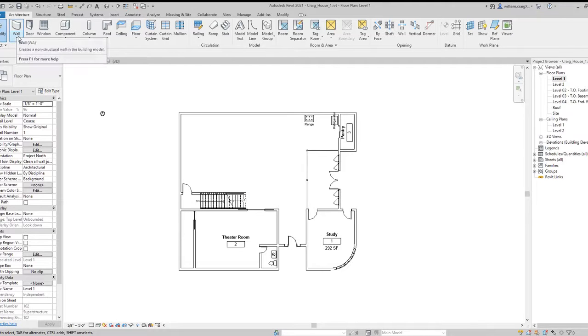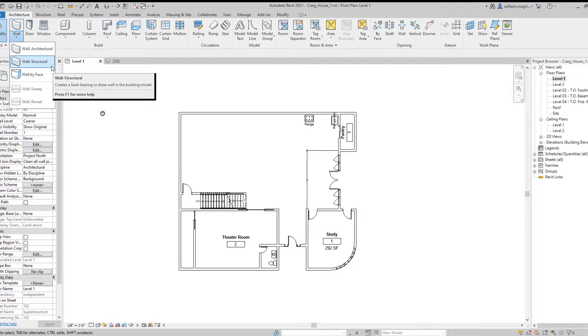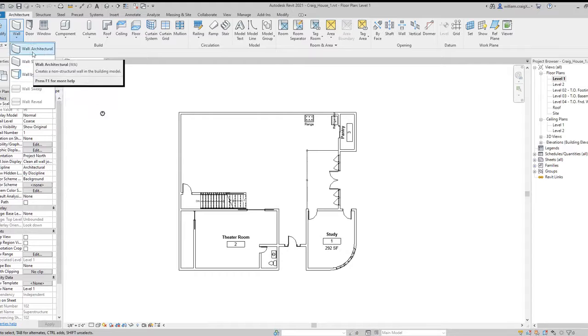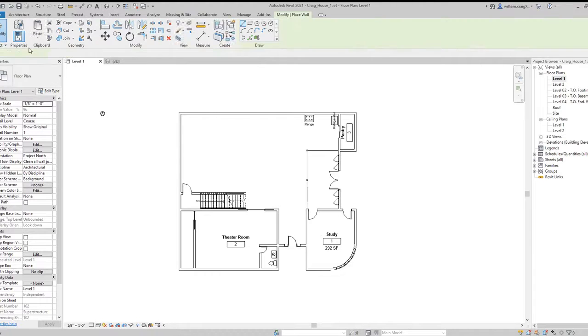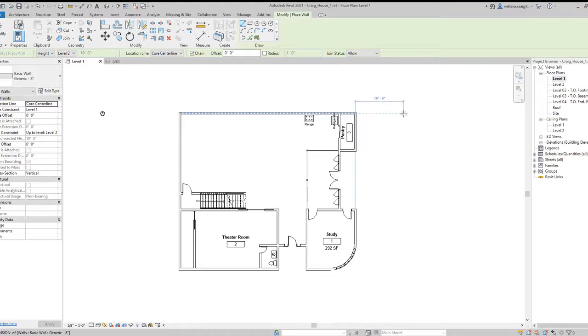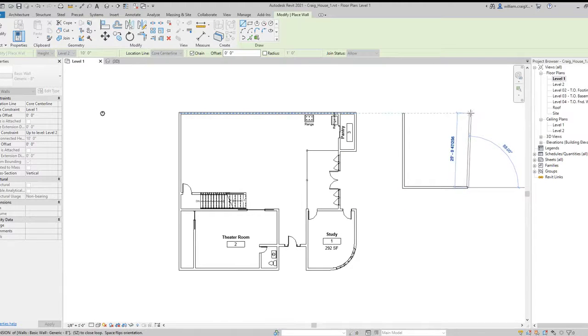I have walls here. There's a couple different types. There's architectural, which we're going to do. There's structural walls, walls by face. There's a whole other video I have just for doing the wall by face. But we're going to do architectural walls. I'm just going to create some simple walls here, explain to you what we're looking at